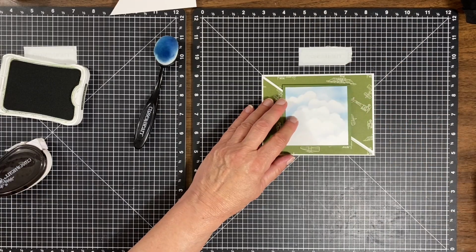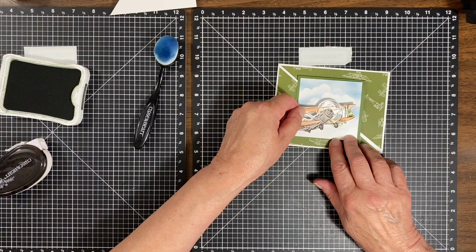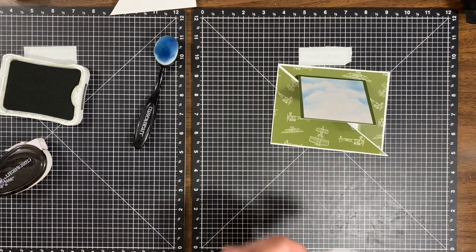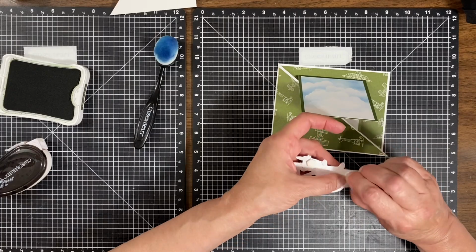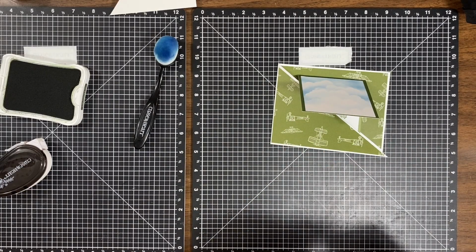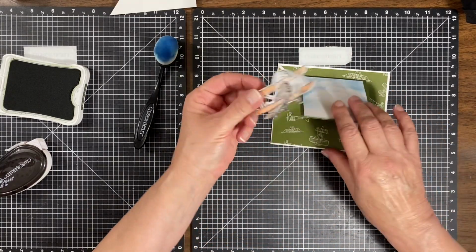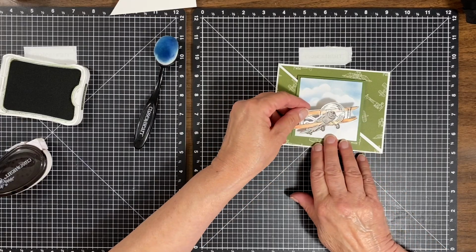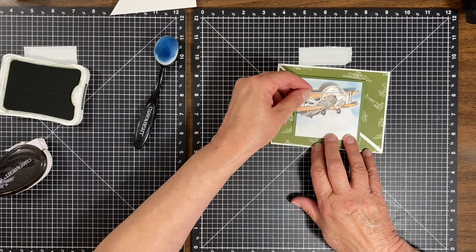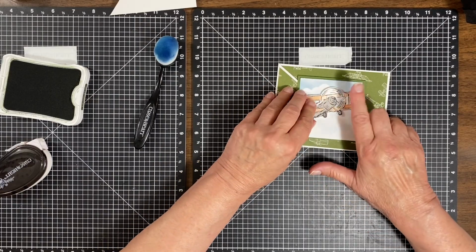And then I did a larger one right here. And you can see he's going up, lifting up to the sky. And I put some dimensionals on the back of this one just to pop it up. It's entirely up to you if you're going to mail your card. I'm not mailing my card, so I can add a little extra height. These dimensionals are not really super thick, so they work pretty well. And I think I'm going to put him up here because I'm going to stamp